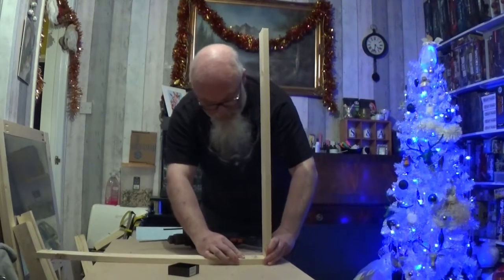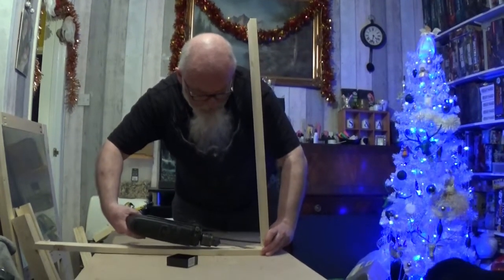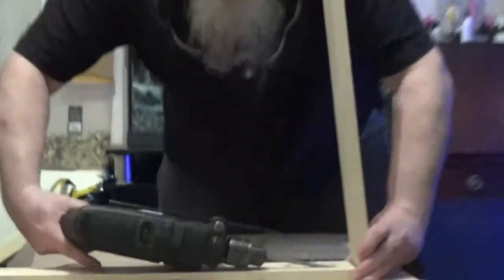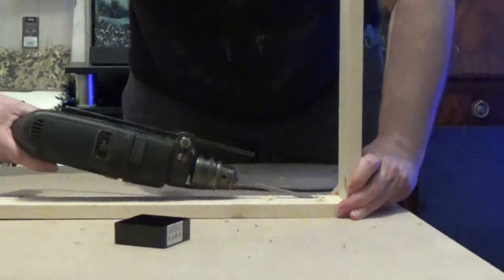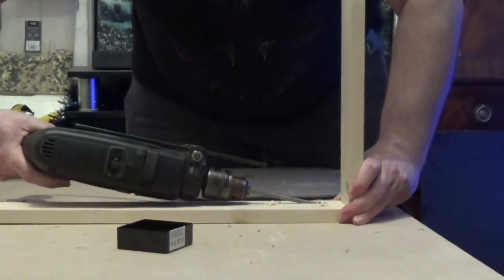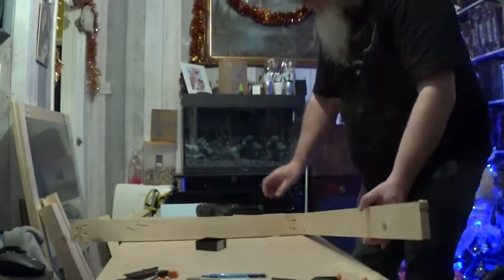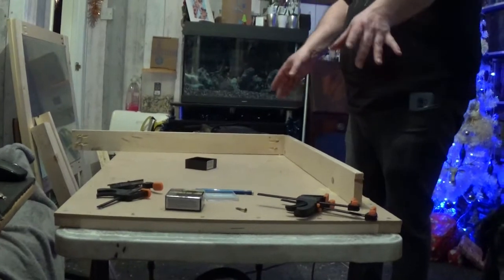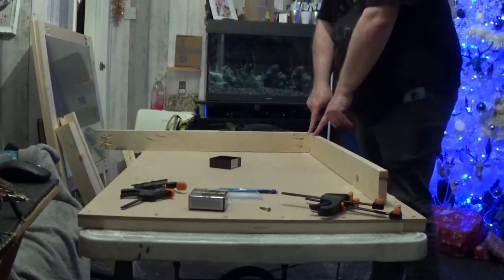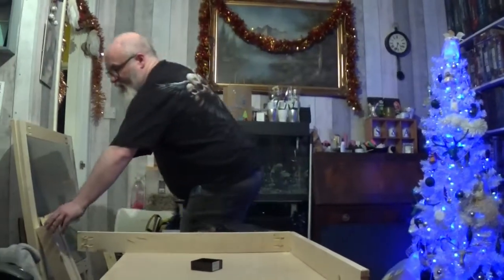So place these down and that's one, two. Now we'll get the other ones done, and that'll be the outer frame sorted, and then we need to measure in the middle, or measure from one end 4 inches, and then put the next one at that level. So I'll get cracking with these,